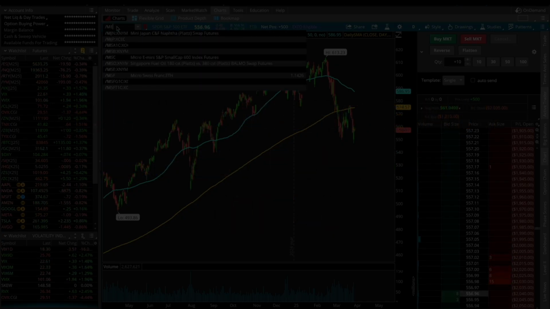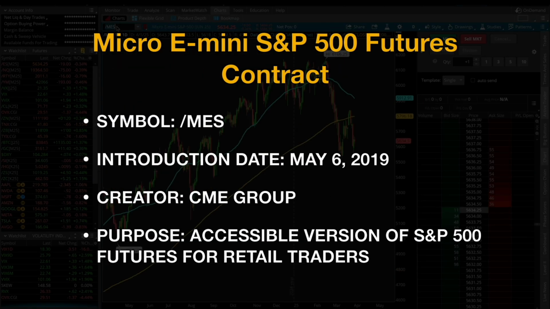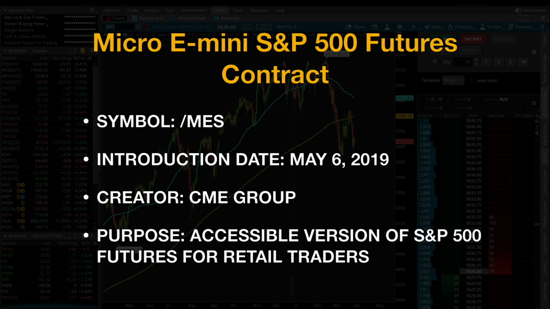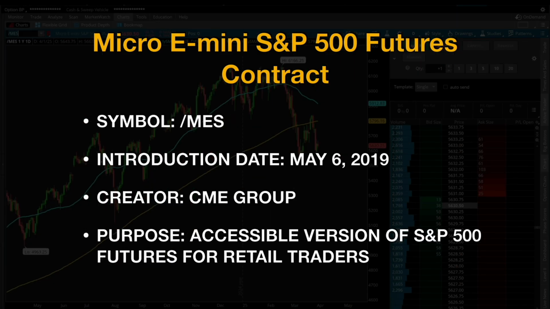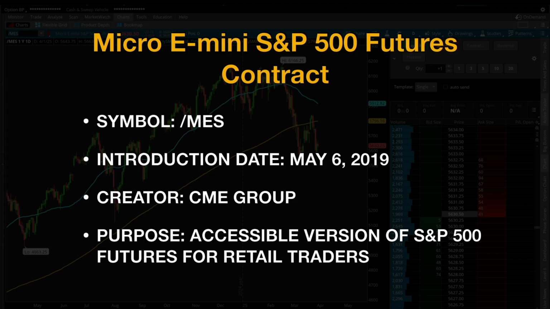The Micro E-mini S&P 500 futures contract, or /MES, was introduced by the CME Group on May 6th of 2019. It was specifically designed to provide retail traders and smaller investors access to S&P 500 futures at a lower cost and reduced risk compared to the standard E-mini S&P 500 contract, which is known as /ES. Since its introduction, /MES has become one of the most actively traded futures contracts in the market. Its popularity stems from its accessibility, allowing retail traders to participate in futures markets that were previously dominated by professionals